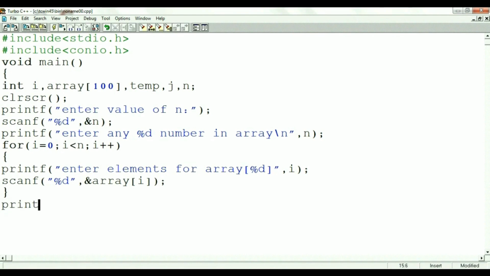Then, printf within the double quotation, \n data before sorting, to analyze the output in a better way, closing of the double quotation.